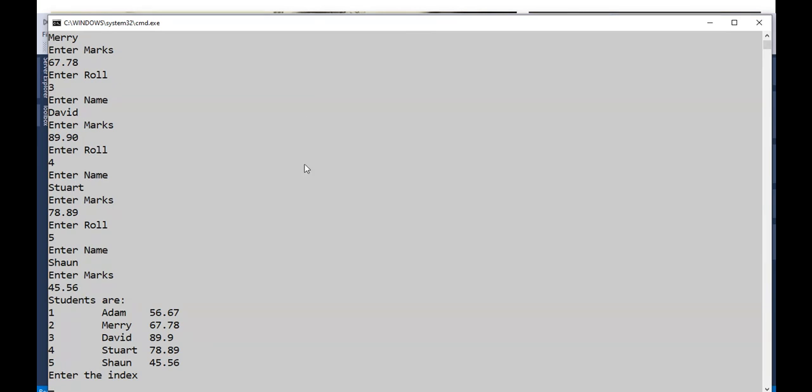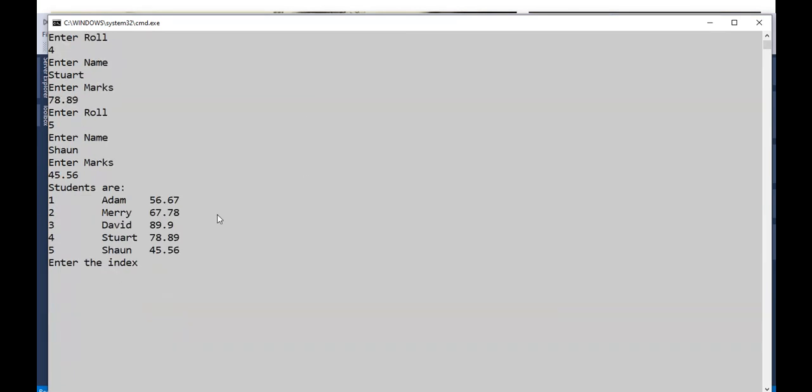That's it. I got these 5 elements in my array list. Now what I want is part of the array list. In my collection, let's say I want Mary first, then David, and then Stuart. These 3 I want as a subset. So is it possible for me to get a subset?